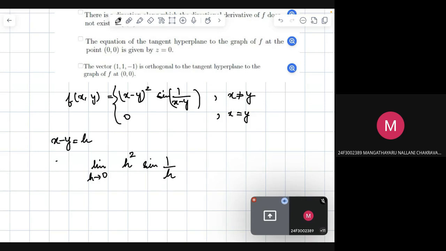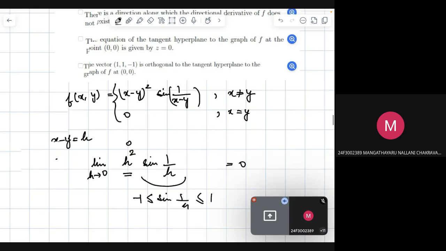So notice that as h becomes smaller, this is a bounded function, because the value of sine is always between minus 1 and 1, and this is going to 0. h tends to 0 means h square also tends to 0. So we are getting the limit as 0. When the limit is 0,